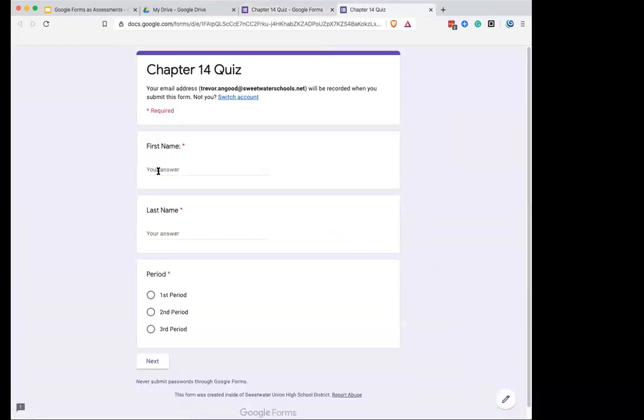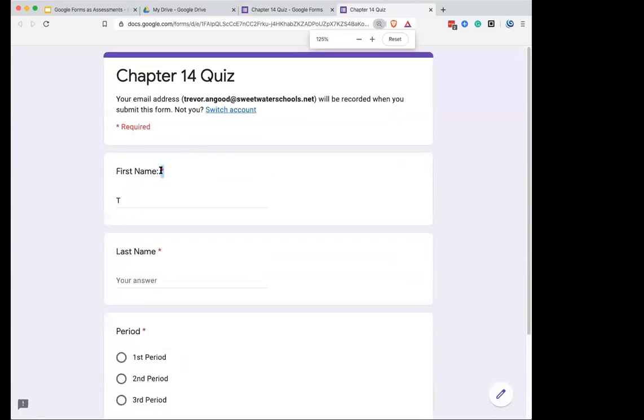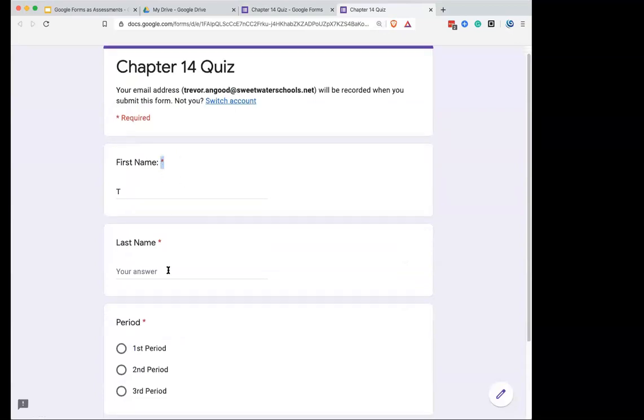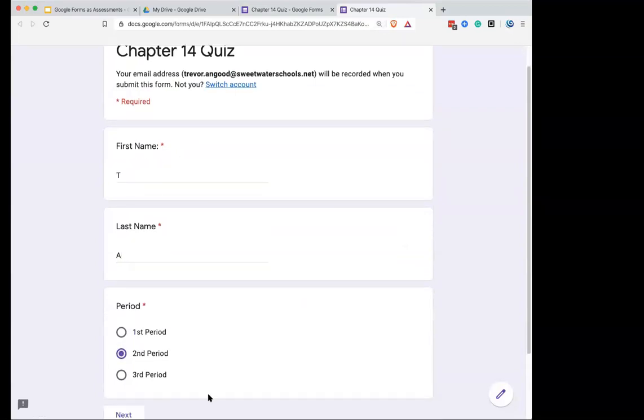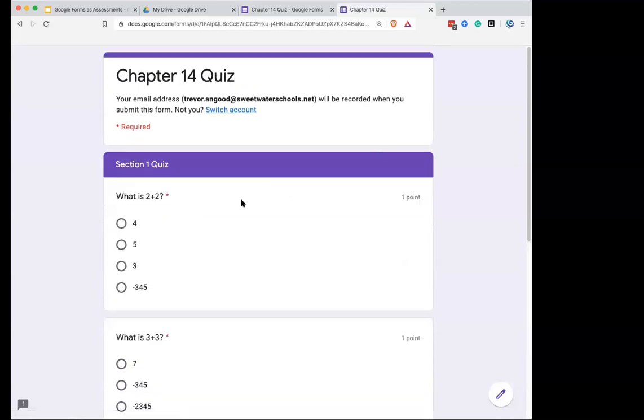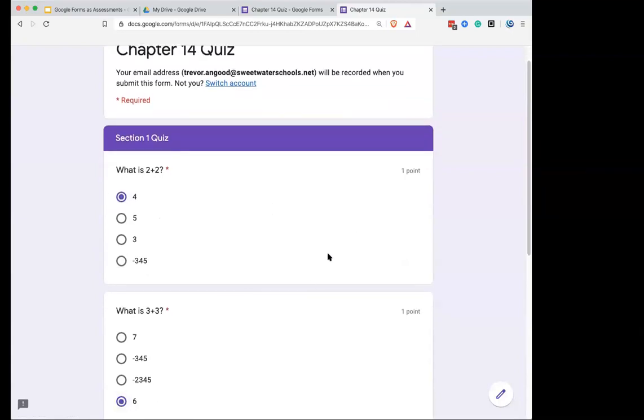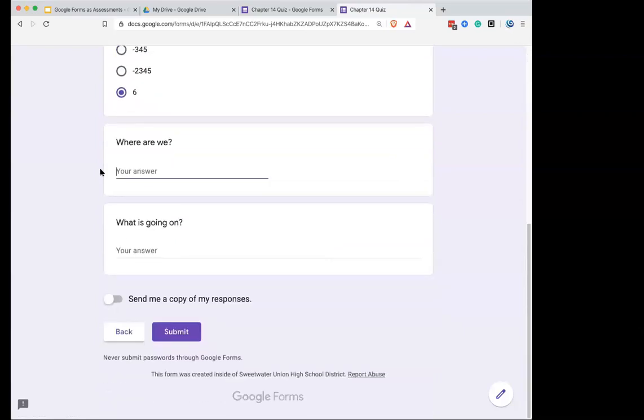So the preview button, I'll go ahead and answer my required. Students will see that anytime there's this little red asterisk, I'll make the text a little bit bigger for you. Anytime they see a red asterisk, that means that question is required. And I'll say that I'm in second period. Now you'll see that I can see that the quiz questions are worth 1 point and the answer choices have been randomized. So I can go 4, 6, and then a short answer here just shows a shorter answer box,